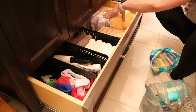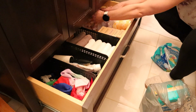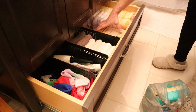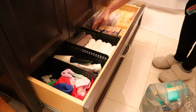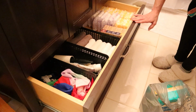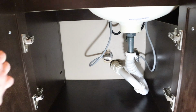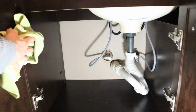I still think it looks cute. Everything is organized. The kids know exactly where to go to get anything that they need. And it just actually looks pretty nice too, like visually pleasing. I feel like I went ahead and moved those soaps and made them look a little nicer just because I feel like it looks pretty when you open it up. I don't know. Either way, hopefully that will incentivize the children to keep it a little bit nicer in here and cleaned up. But I'm going to wipe out underneath